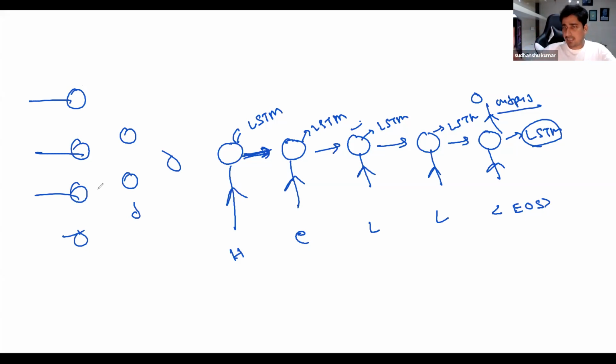Whenever you create a sec to sec, it doesn't mean that you need to create 10,000 cells. Another thing is, here I'm passing a single word, so my token is a word. It is also possible to create a token using a character, or a single word, so instead of passing H, I pass HELLO. But it depends on the task I'm trying to perform. It's not like every time I will be able to do this kind of use case.